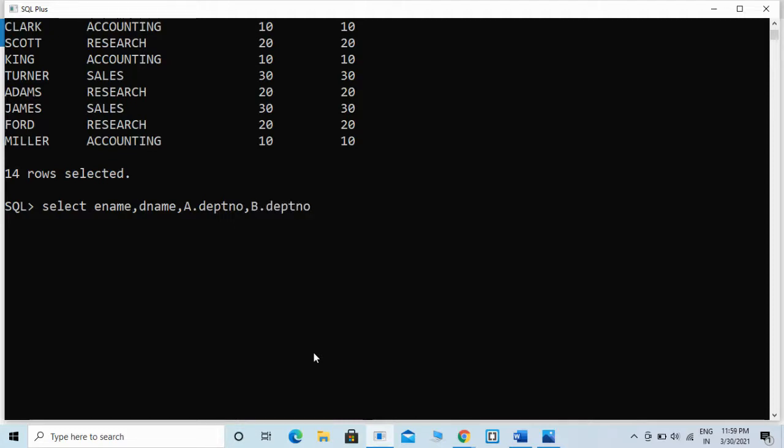This is the matching column between both the tables, from employee table left join department table on a.department number equal to b.department number.